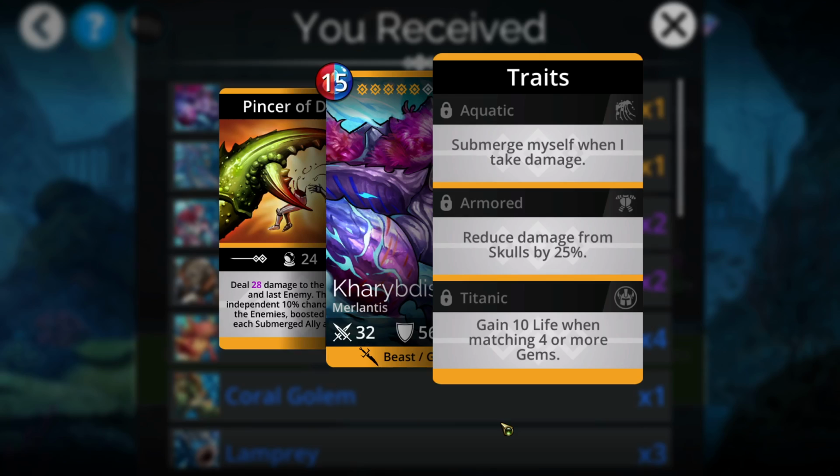Submerge: it submerges itself when it takes damage, reduces damage from skulls by 25%, and finally it gains 10 life when matching 4 or more gems. Now this is going to be really significant, so what I'm predicting here is that this troop is going to be much more valuable if you get it early on in the game, because this 10 life is not dictated by your current magic or your level in the game. If you get this legendary troop when you're, let's say, level 100, it's still going to gain 10 life every time. Once you fully trait this, it's going to gain 10 life, and that's really a lot of life